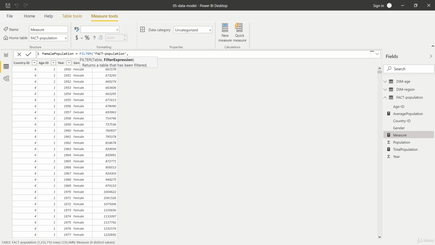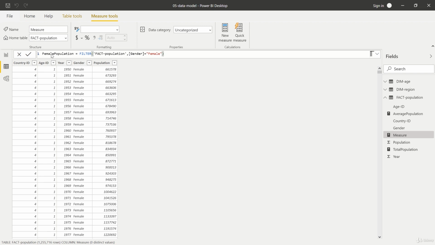Well, we are in the fact population table. And in this table, we should filter for our gender, right? And the gender should be equal to female. Therefore, we set it equal to female, but important as a string. So we have to add our quotation marks here because the female column contains strings. Let's close the parentheses at this stage. And the filter is not done. As I said, I also want to filter for the year, but that's the second step.